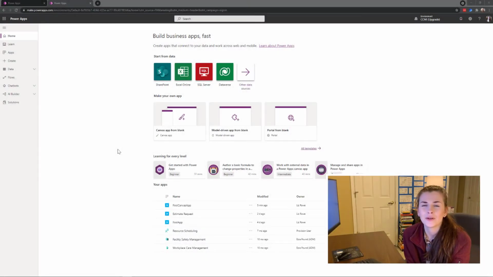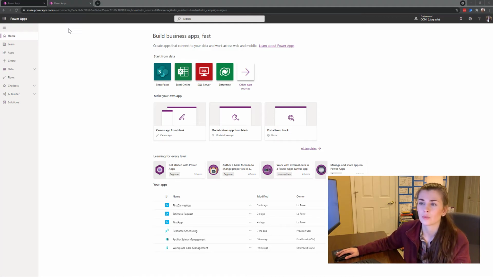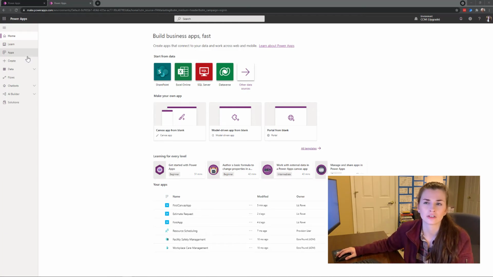Hey guys, today we're going to be talking about Microsoft Power Apps, which is part of the Microsoft suites. Recently I've been talking about Microsoft Power Automate, which is slightly different than Power Apps. So I'm going to explain it to you now. It's actually some of the coolest stuff that I've been working on. I had no idea it really existed. I've heard of it, but until I started playing with it with my job, I didn't really understand how powerful